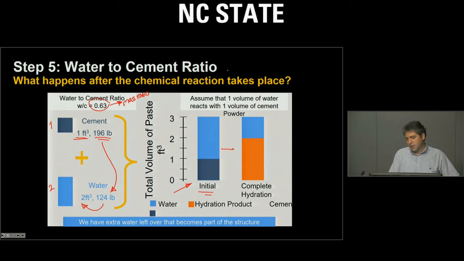And the reaction starts, and we will go ahead and assume, and it turns out to be approximately correct, that 1 volume of water reacts with 1 volume of cement, based on volume. Therefore, 1 volume of cement reacts with 1 volume of the water. And we have 2 cubic foot of reaction products. We end up with 1 cubic foot